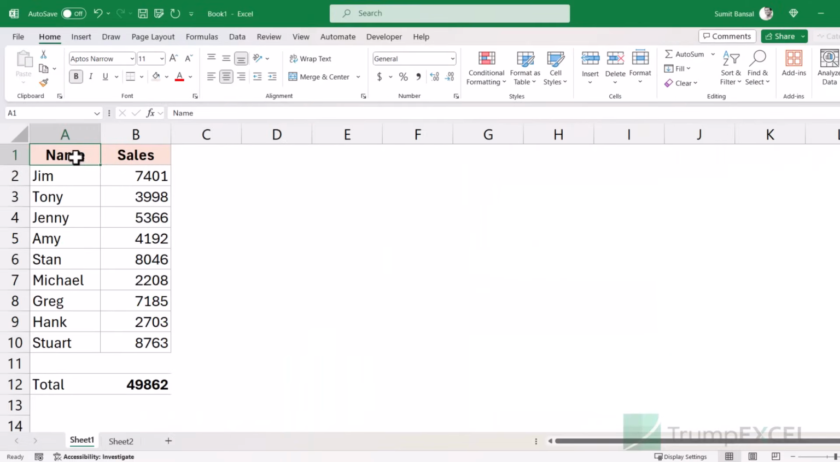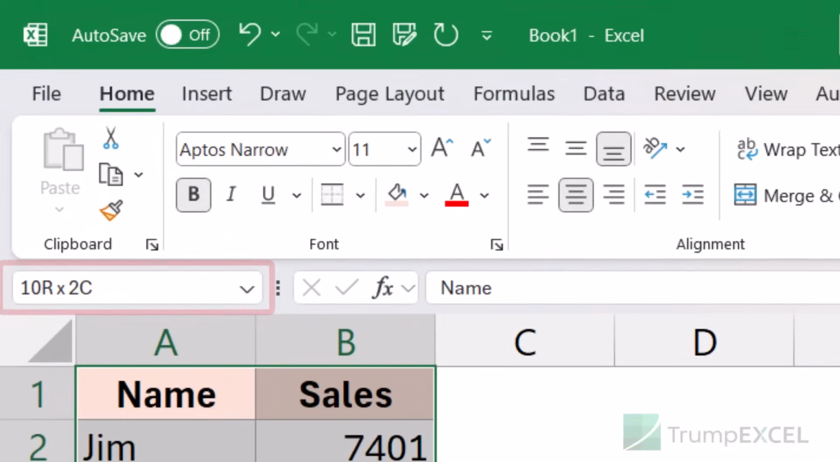Another thing you can use the name box for is to quickly know the number of rows and columns that are there in the selected range. For example, in this case, if I select this entire range and I keep the left mouse key on my mouse clicked, you will see that the name box says 10R x 2C, which means that the selected range has 10 rows